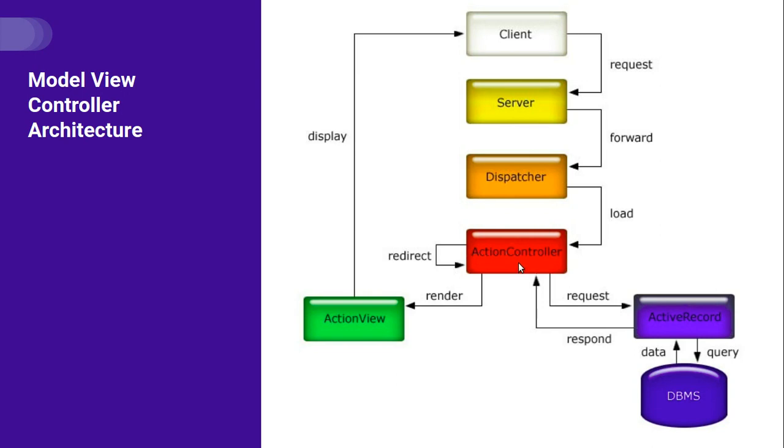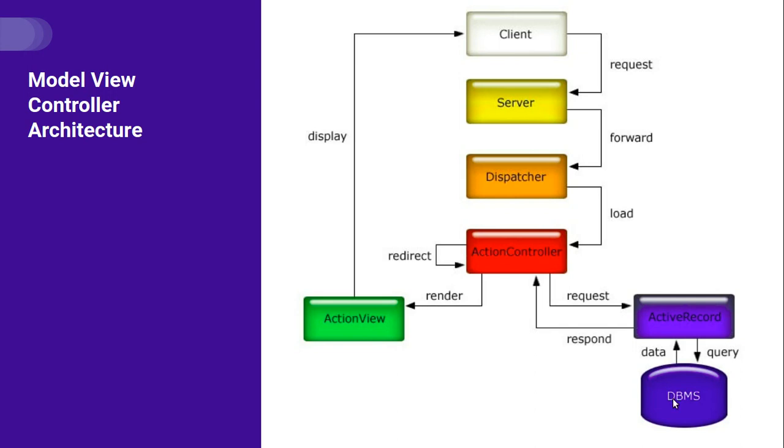For example, if you are making a request where you have to fetch some data, some users' data, then a request is made to Active Record, and then it returns some results. Depending upon the request type, Action Controller either renders or redirects to the browser. If the request is of post or patch type, like updating a resource, deleting a resource, or creating a new resource, then your controller will redirect to the browser. Else it will render a view template, and that view template is presented to the client.